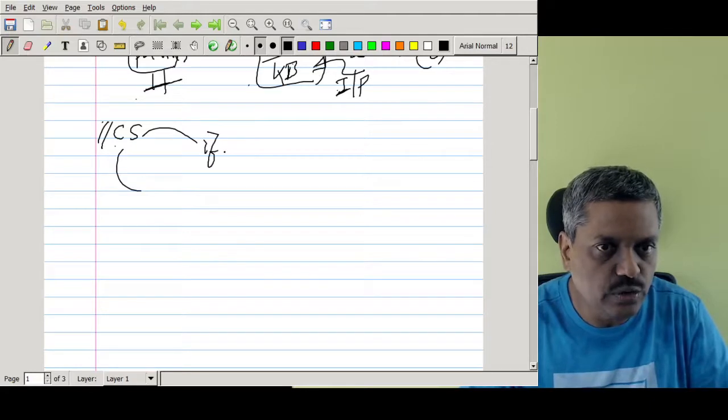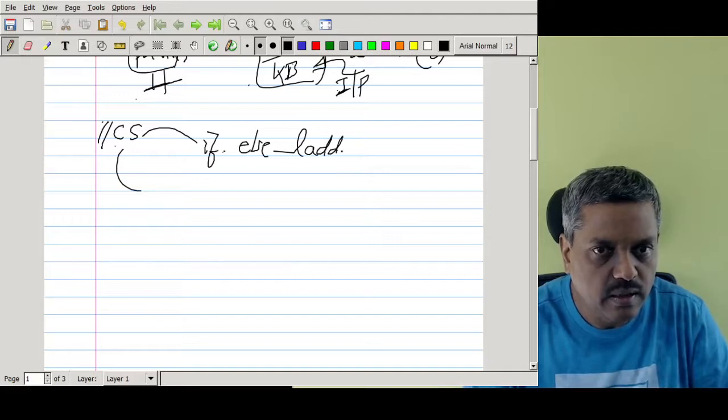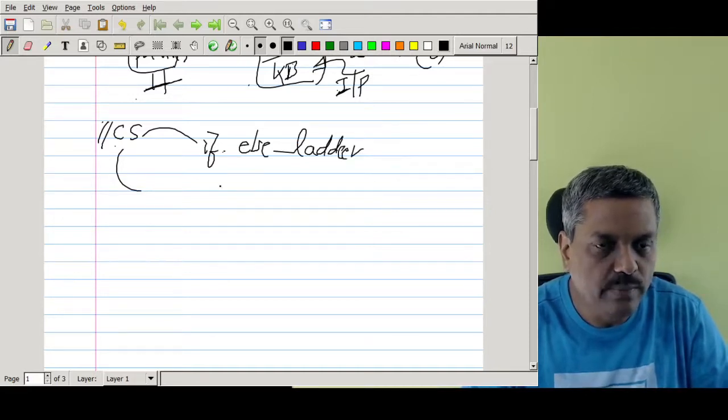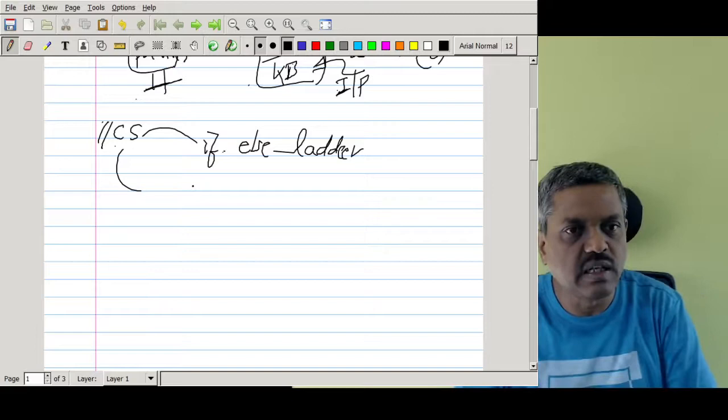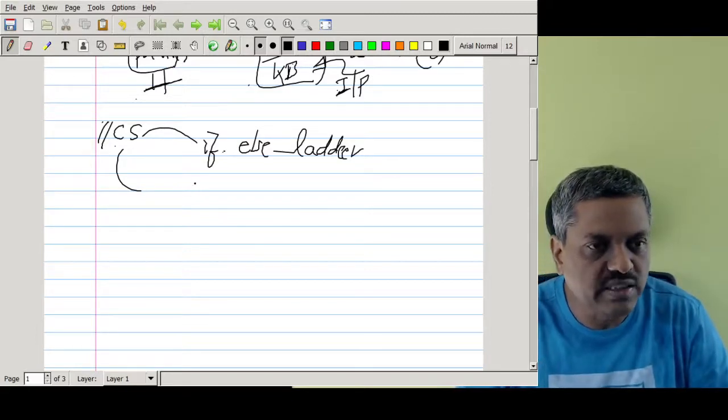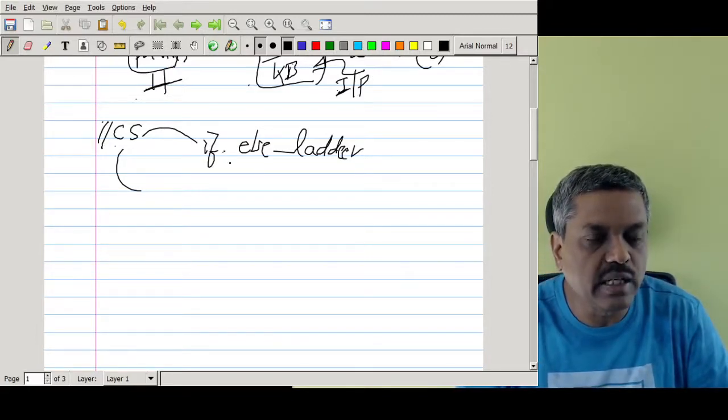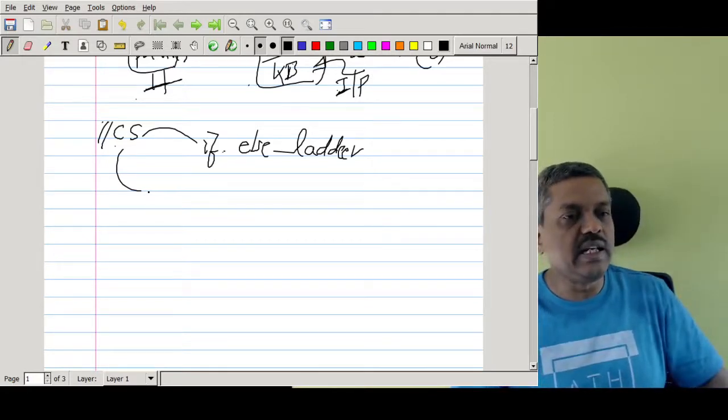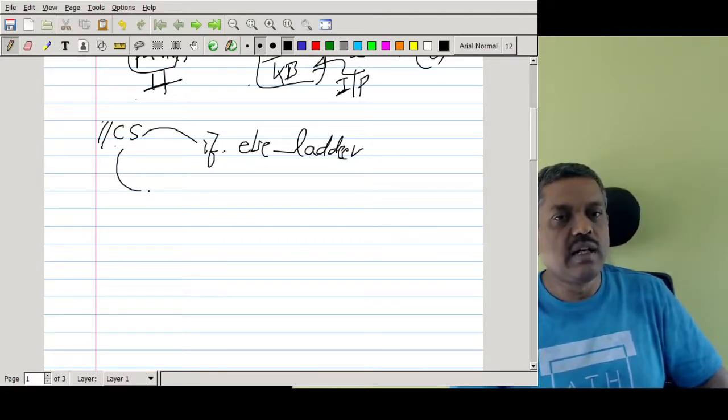We can actually use the if else control structure. That is nothing but the ladder. One by one: if plus operation is there, do this. If minus operation is there, do this. Like that you can go on until you find any valid operator, do that. Otherwise you don't do anything. So the if else statement will do that.